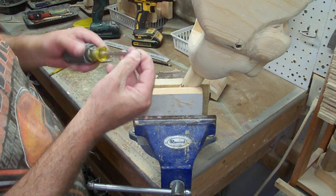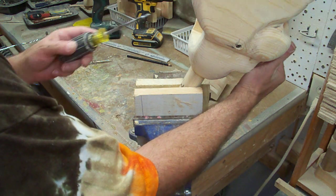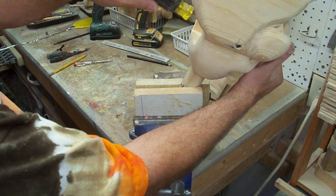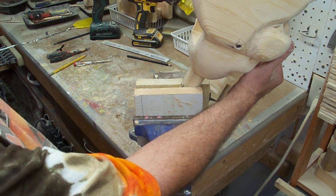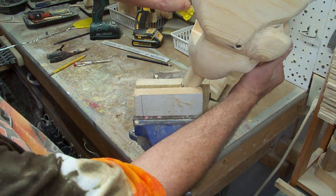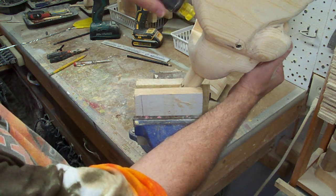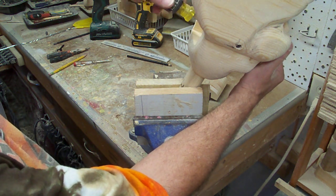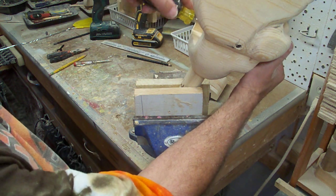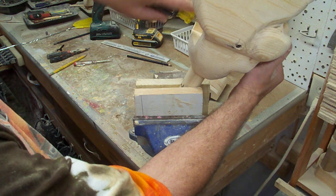Now we're going to screw the mouth back on and see if it opens up enough. You want to make sure this part, probably takes the longest of everything, because you want to make sure that it will open and close properly. After you get done painting it and putting it all back together, if it doesn't open and close properly, then you got to tear it all out. So this is one